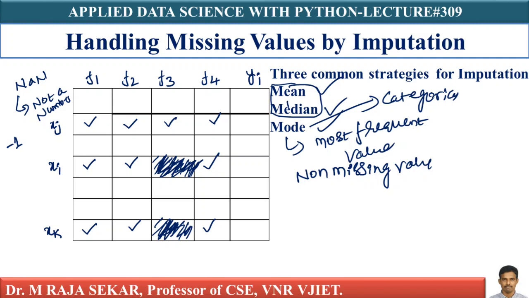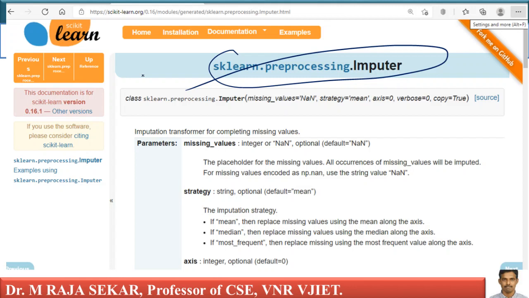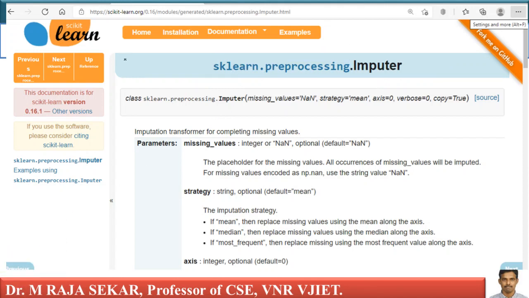Even in terms of code, it's readily available. Just go to this particular page. It's readily available in sklearn.preprocessing.imputer. Imputation is done as a data preprocessing step.